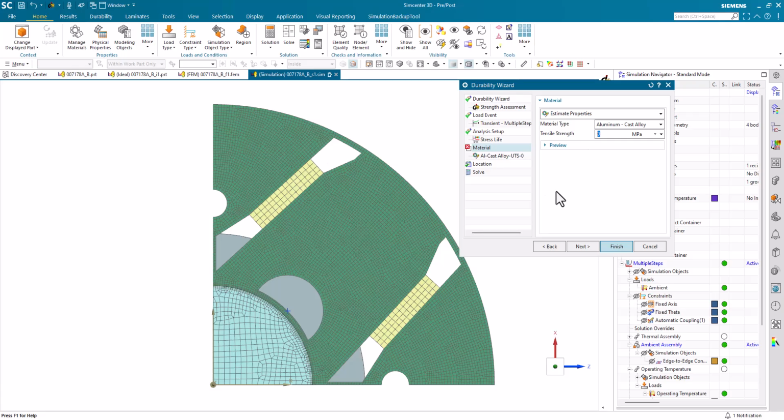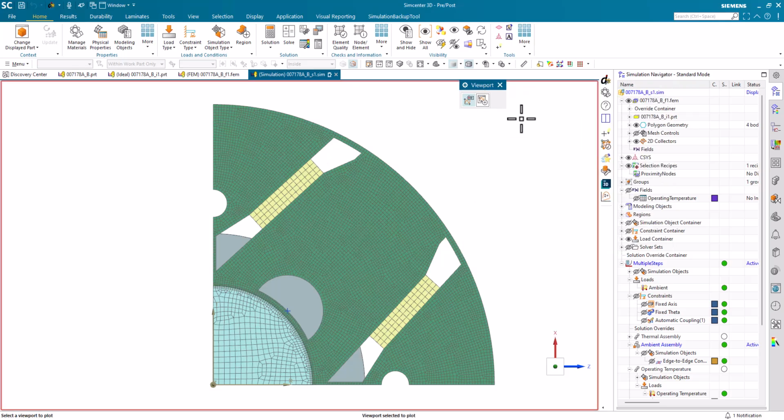In my material, I have a yield of 383 megapascals. I can then preview this material. So I'm going to hit enter here. And it's going to create a new material called aluminum cast alloy UTS 383. It's going to create that in the model and use that for the elements that I use in my durability